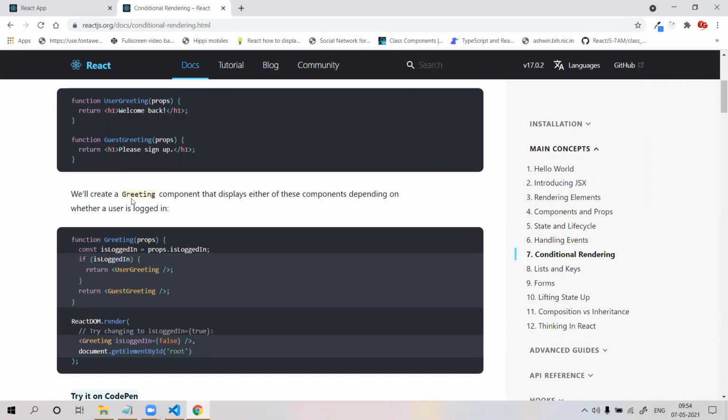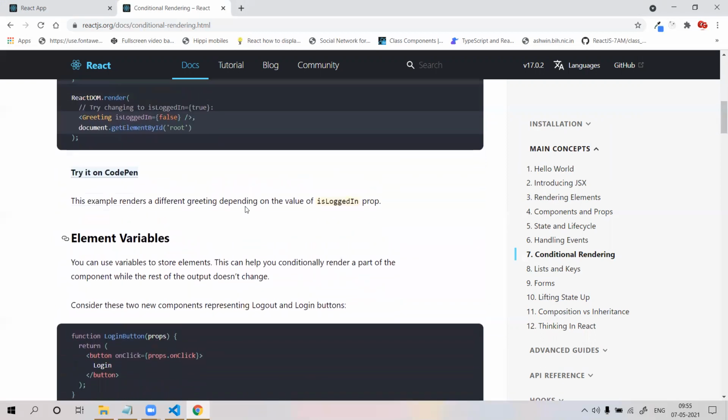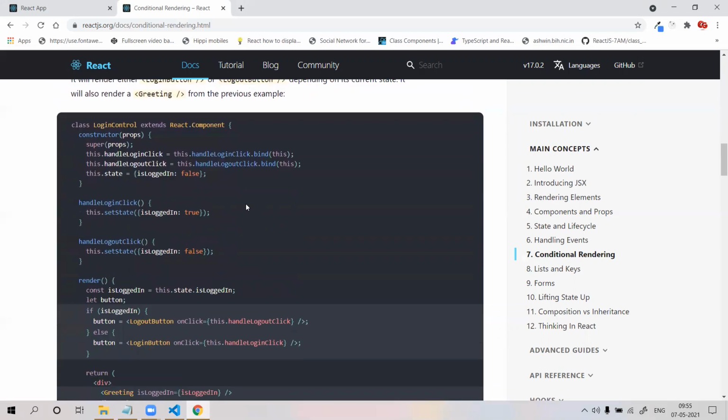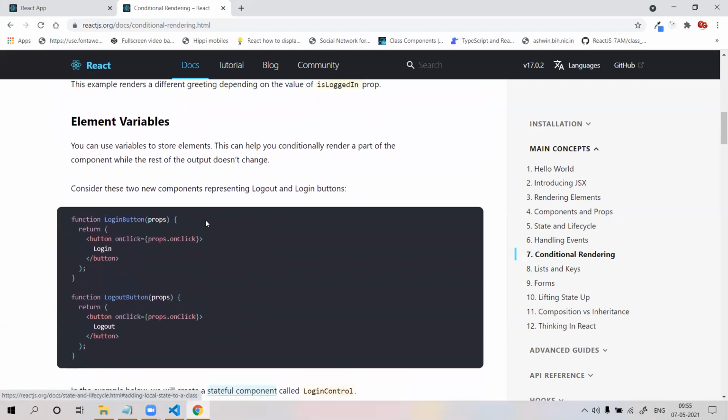We will create a greeting component that displays either of these depending on whether the user is logged in. That means I will create two components, and depending upon the situation, it will display some content. Like that, we are going to create two buttons, a login button and a logout button.